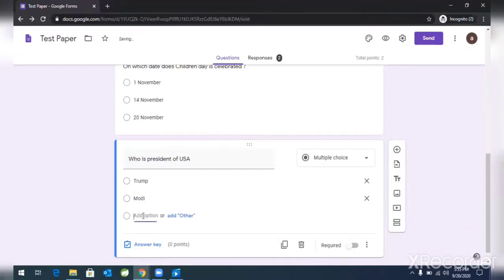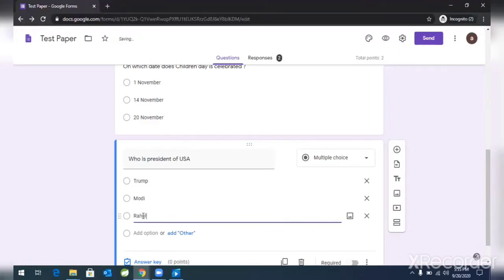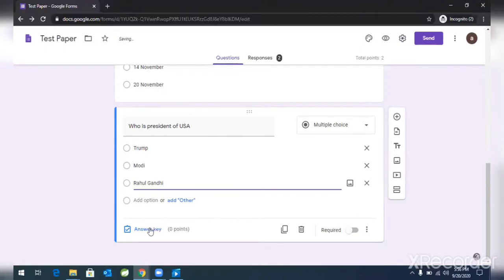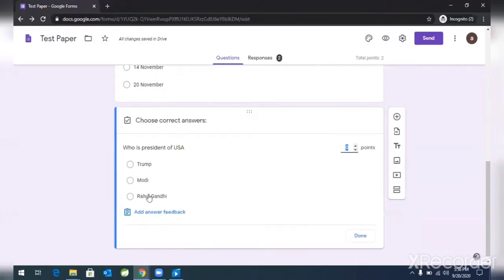You can add Gandhi, and you can add more. Then I can make the right answer. What is the right answer? What is the value for it? Since I've selected two of them, that's why it was saying both of them as right. So now I will make it as done.